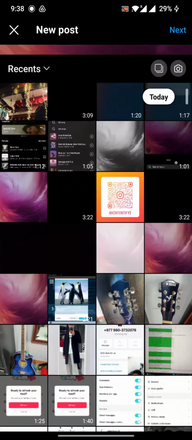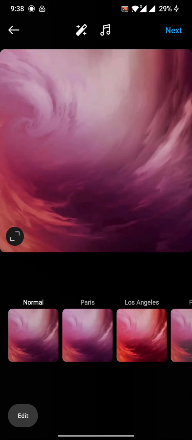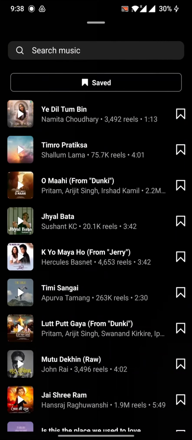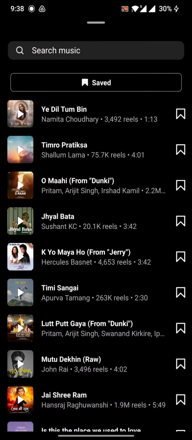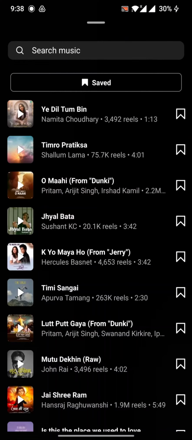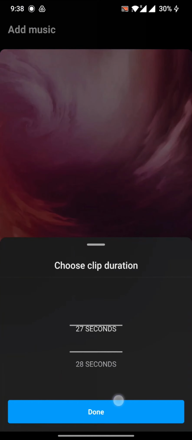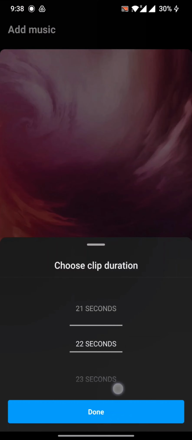So here you can select the photo and you can edit it. So in the top you can see the music sign. Here you have to choose any music or your kind of music. So I'd like to choose this one, and here is a duration. You can select it